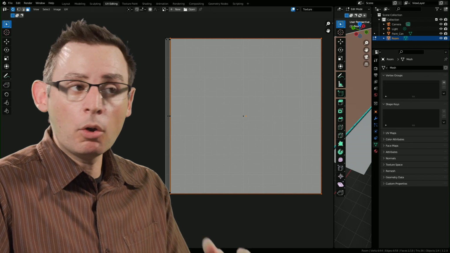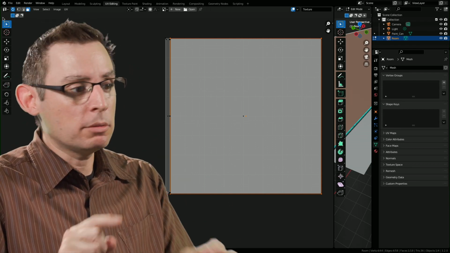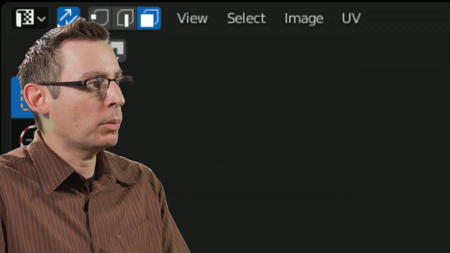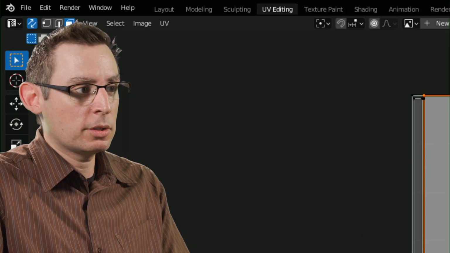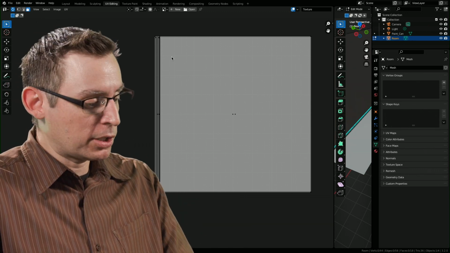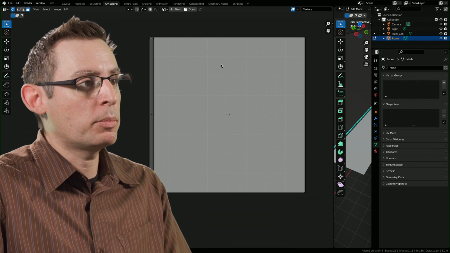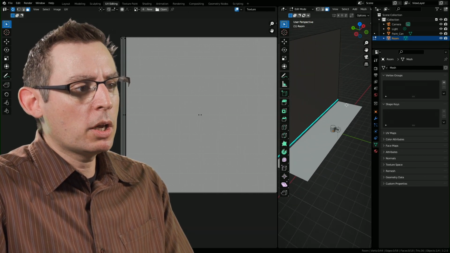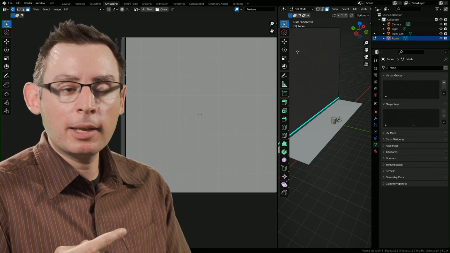Our UVs have their own selection states that are identical to the vert, edges, and faces selection states that we saw in our 3D modeling toolkit. Here we go. So we can select the vertices on our UVs, the edges, and of course the faces as well. So you're going to see me jumping in and out of these different selection states. Same keyboard shortcuts, 1, 2, and 3. This should go pretty fast and pretty easy. Now, when working with this double viewport environment, often we're going to want to make some changes to how the right-hand side is displaying our three-dimensional scene.